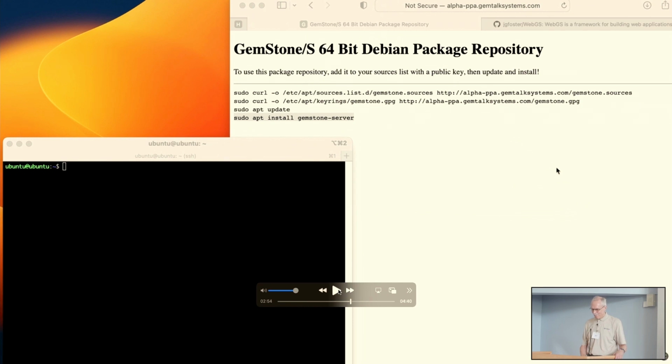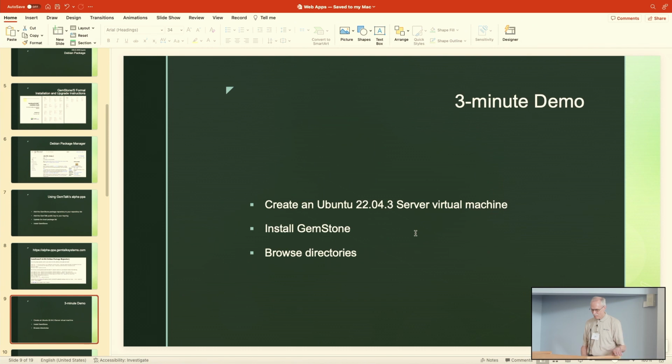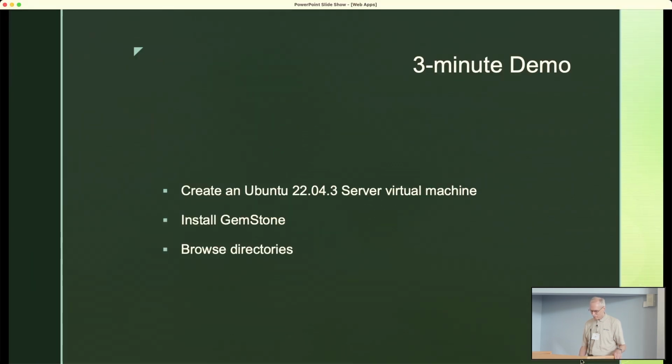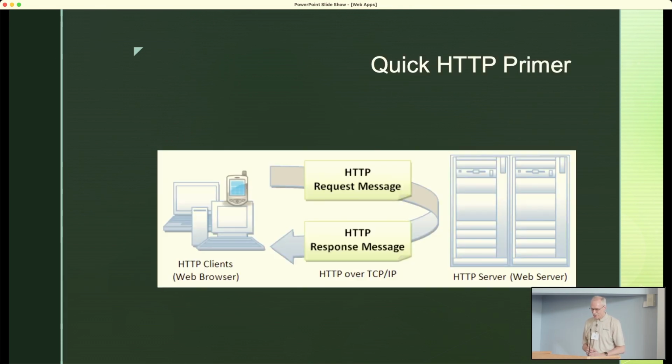So that is giving us the GemStone install process. So that's looking at those things. Now I'm going to go back to here. Next, I'm going to show you something called WebGS. Brief review of the web: